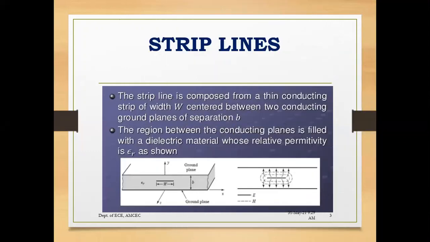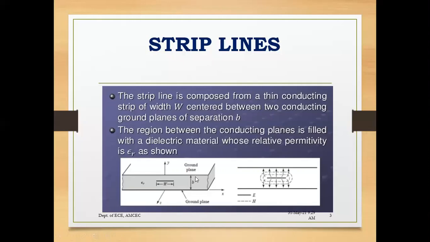When we say a strip line, it actually consists of a central thin conducting strip. You can see here in the figure the letter capital W. This is nothing but a strip; you have seen just the side view of the strip. This is the strip, which is of width W. This will be much greater than the thickness, which we can take as T, in between the two ground planes. Here in the figure, it is written as B. So this is nothing but the thickness.